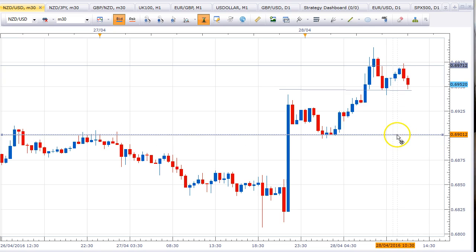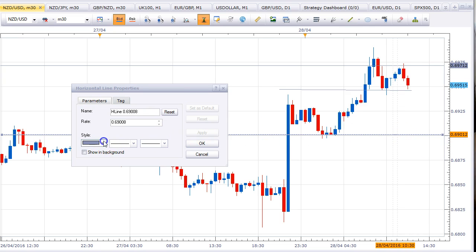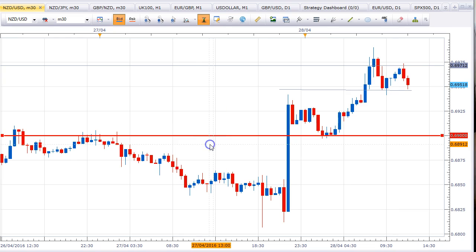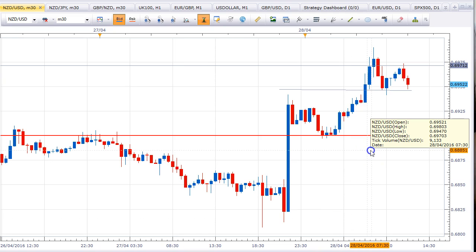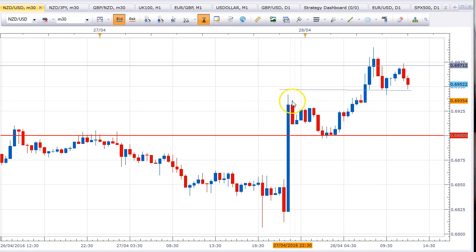These levels are meant to be significant. Some people say more in stocks than in Forex. Some people say they're significant in all asset classes. And that's really depending on how it goes. But I would say, keep an eye on them anyway, because sometimes smaller prices, if you're trading something like the